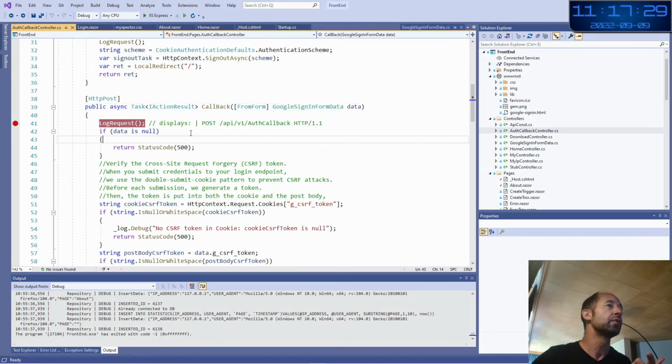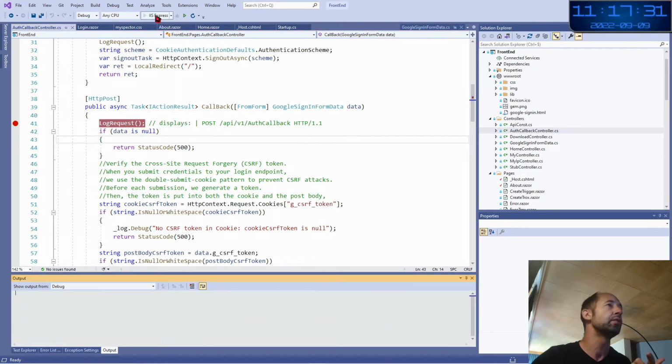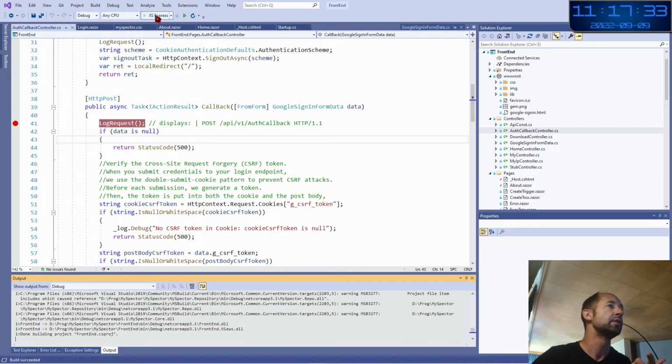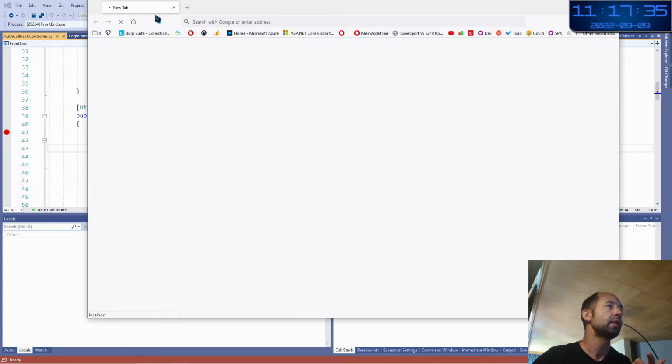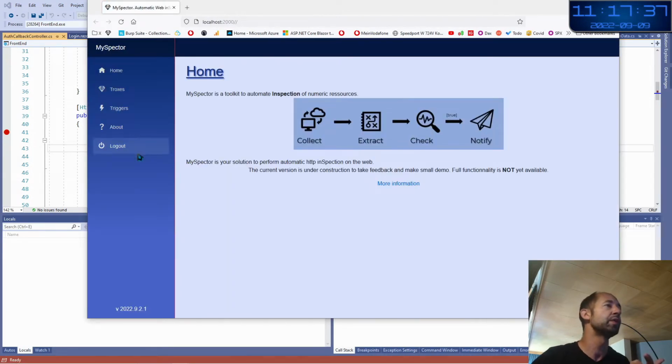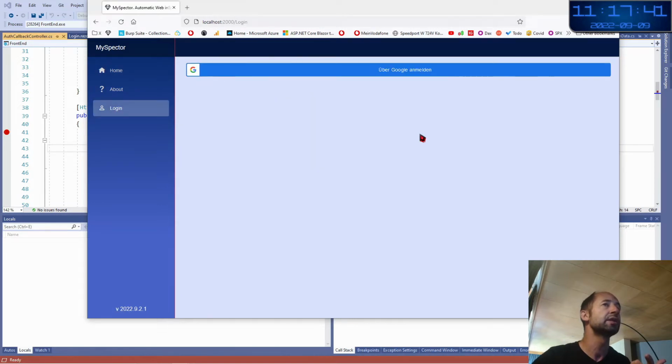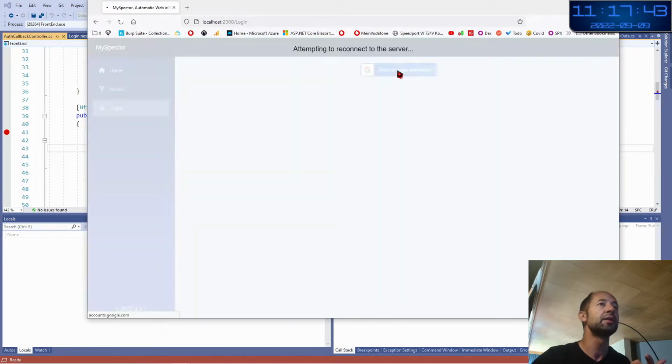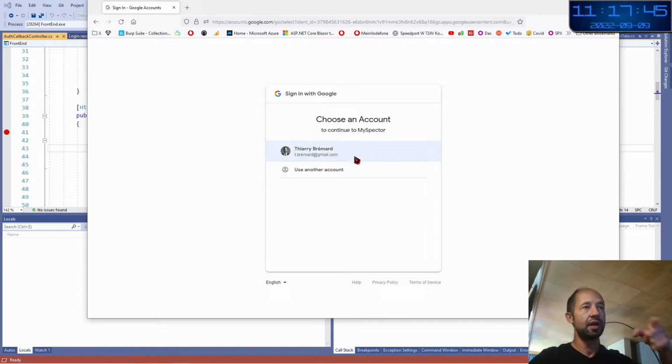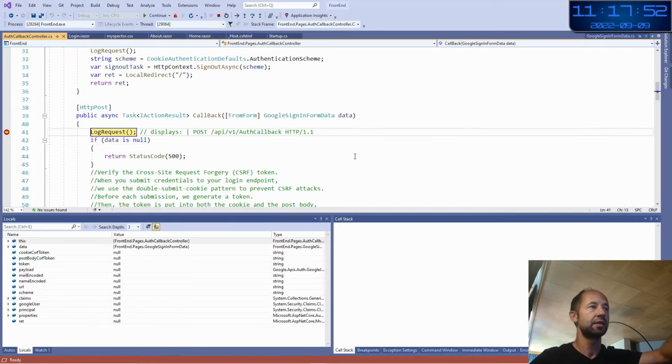So let's put a breakpoint here to understand what Google is doing. So now I am in the development. I am already logged in, so I log out, I log in, button, I click on it. Google, now I am on it, but it has understood that it should redirect to my callback afterwards.